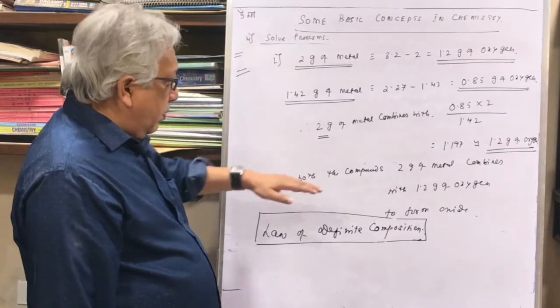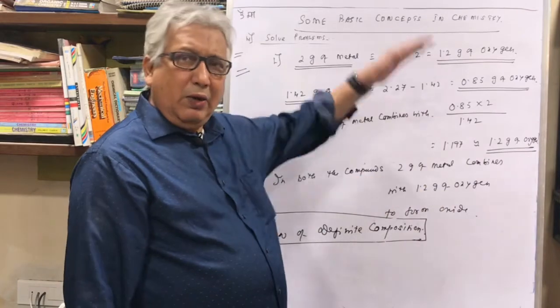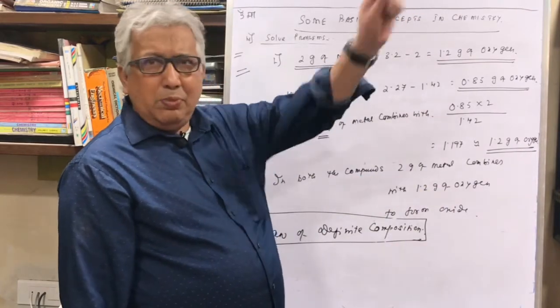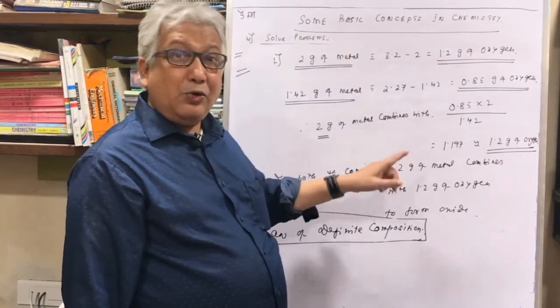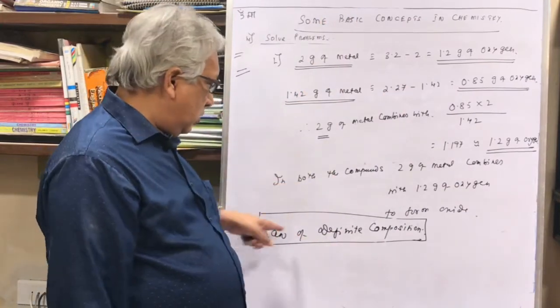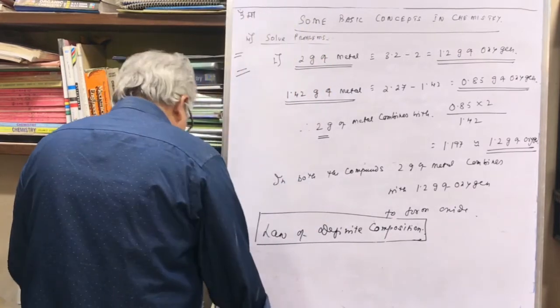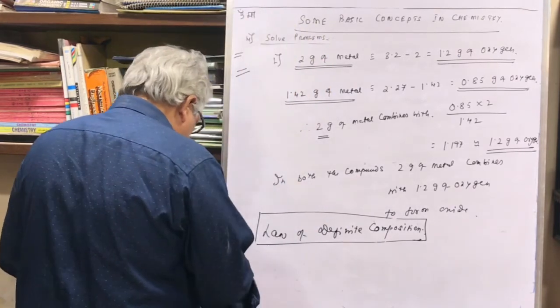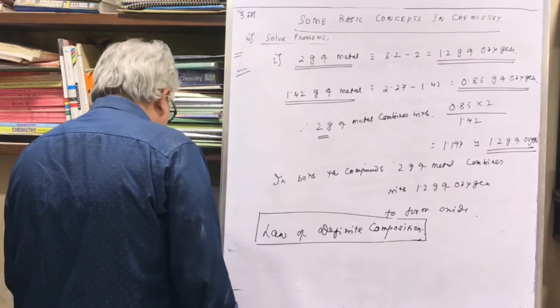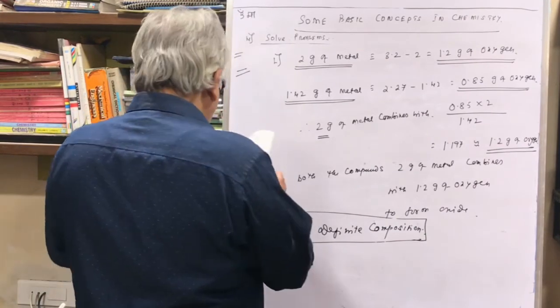If the weight of the metal was same and the oxygen was different and they were having a simple ratio, in that case that would have been law of multiple proportion, but that is not the case over here. So it is law of definite composition. All right. So with that, we are through with problem number L. Now I go to problem number M.